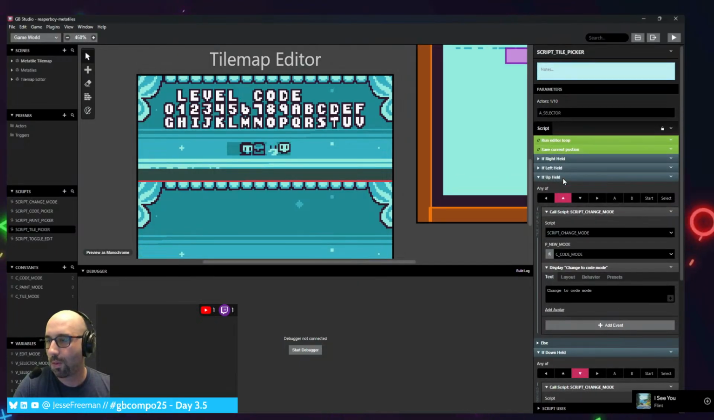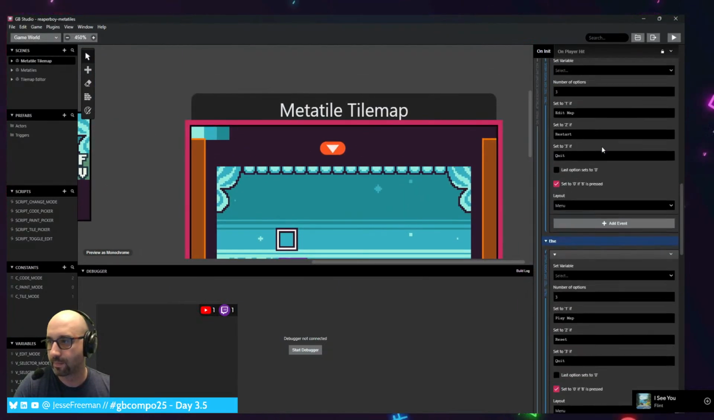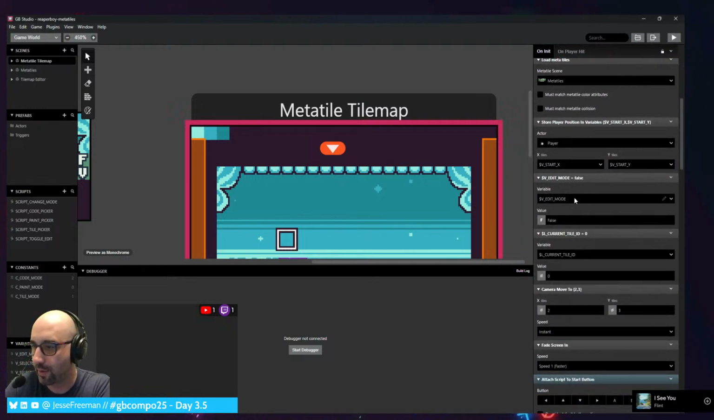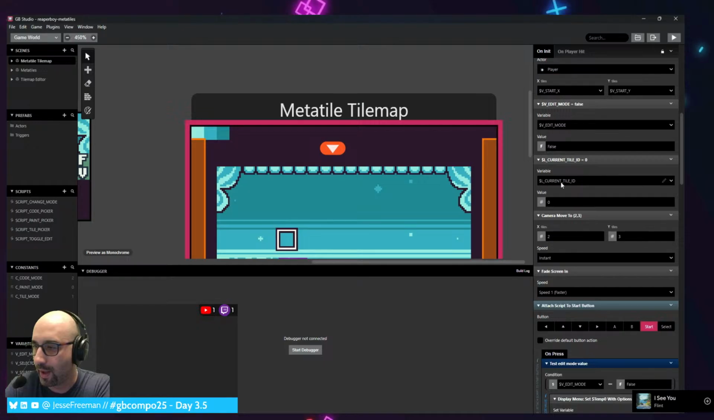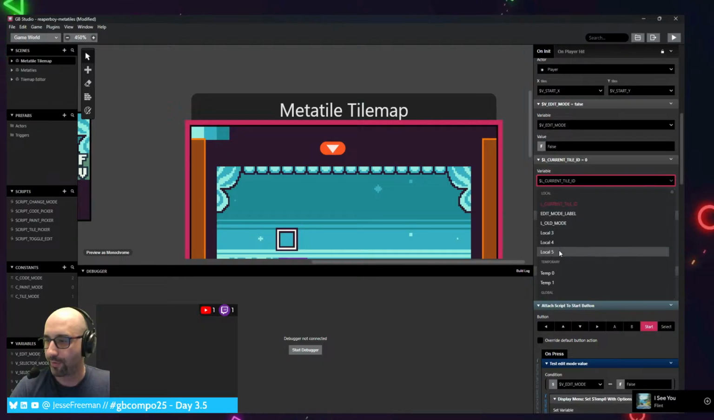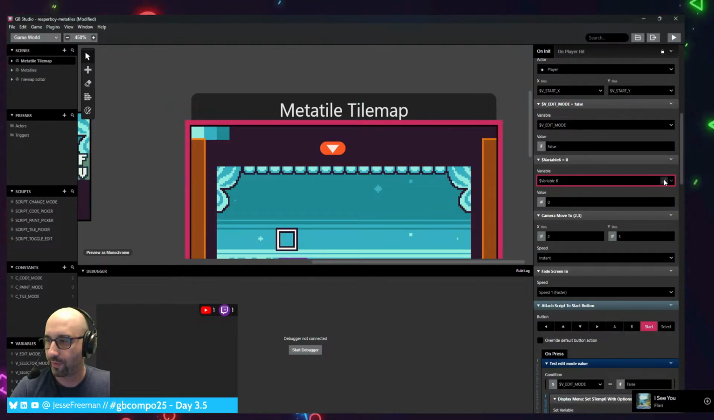So what we should do is this. When this loads up here, we're going to set the value of the L current tile ID. Now, the problem is I don't want this to be local. I want this to be a global thing. So let's turn this into V current